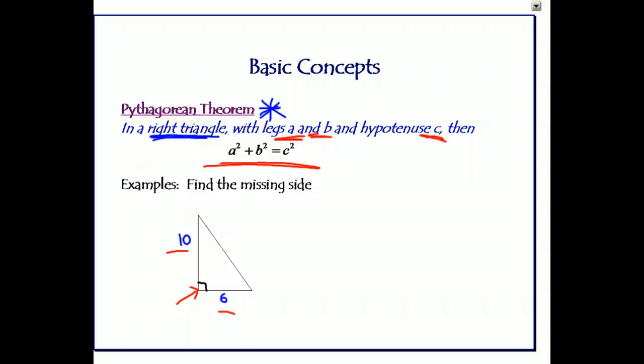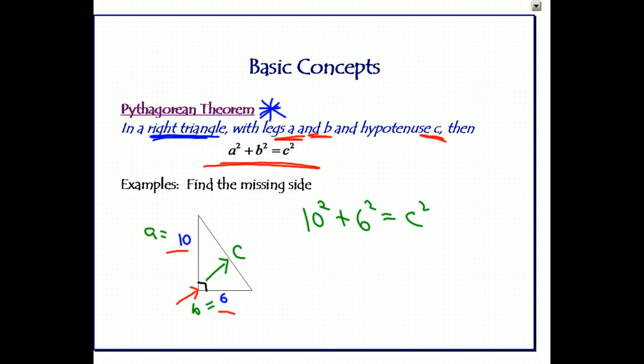Definitely the side opposite the right angle, you have no choice on that. That's side C. The other two, take your pick. One is A and one is B. It doesn't really matter. Let's call that A. Let's call that side B. And we'll use the Pythagorean theorem. So A squared, 10 squared, plus B squared